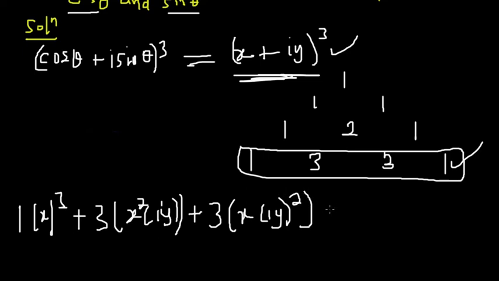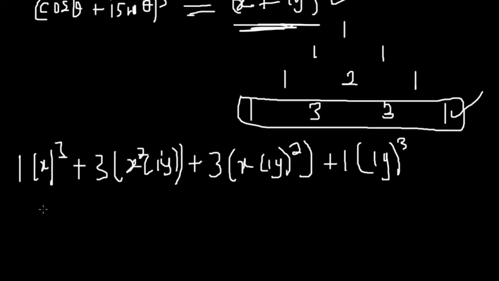Then we have plus 1. So we have 1, then open your brackets. From here we have x exponent 0. So x exponent 0 is what? We don't write it, it's just 1. And then that 1 will multiply this. So we have iy exponent 3. When you expand this, you notice that you get x cubed, plus this. So we get 3x squared